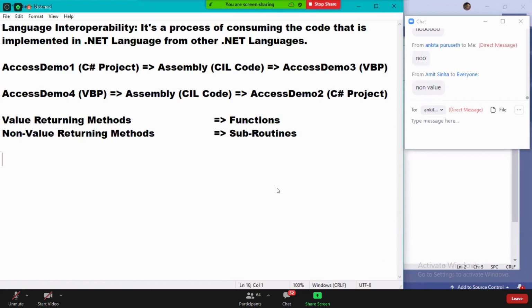Now, we don't know how to write code in VB yet. So I will first write a method in C#, and then I will show you how to convert that method into VB.